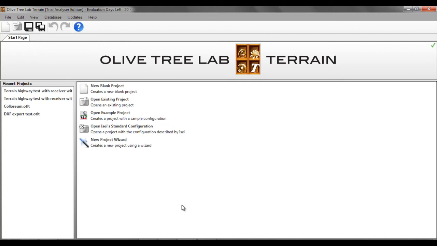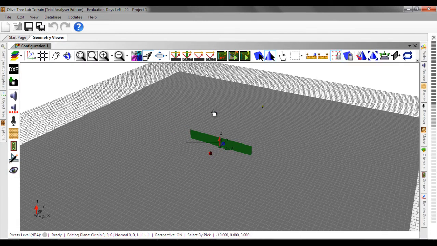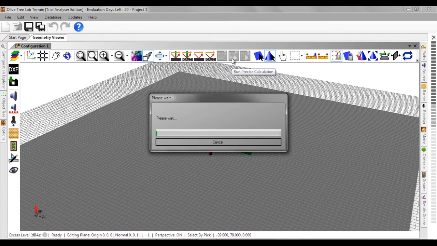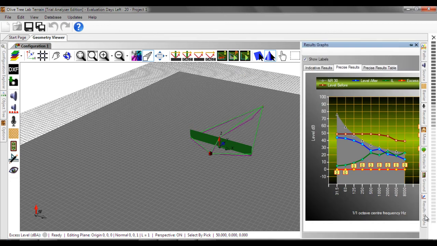In this tutorial, we will demonstrate the power of the output window. Let's begin by opening Assay's standard configuration. Click on the Run Precise Calculations. Once the calculations have been completed, results can be seen in the precise graph found on the right side of